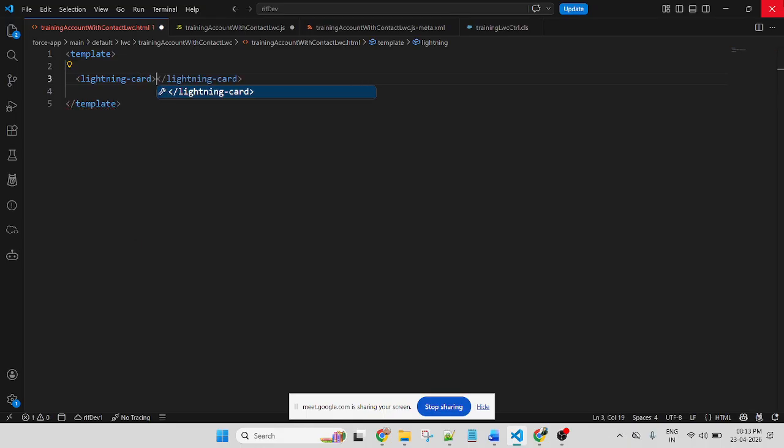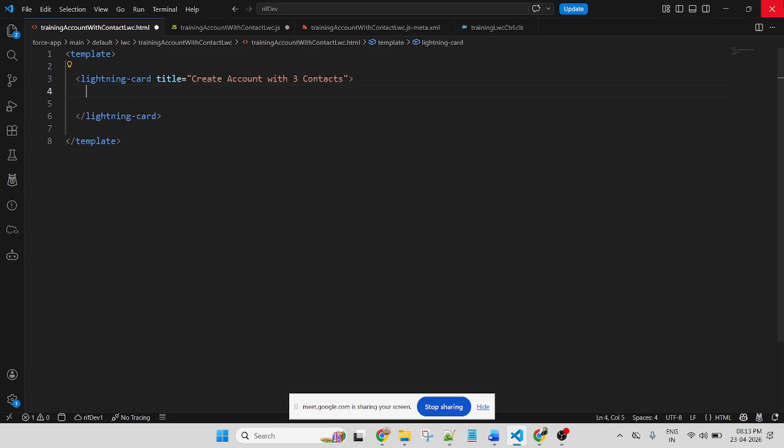Lightning card. Here I can put a title: Create Account with Three Contacts. Okay, this is a title.